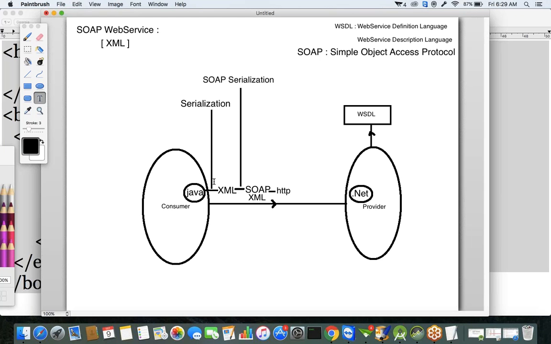We had to put the SOAP XML file into an HTTP request. This HTTP request will transfer over the network. Okay. And at the server side,